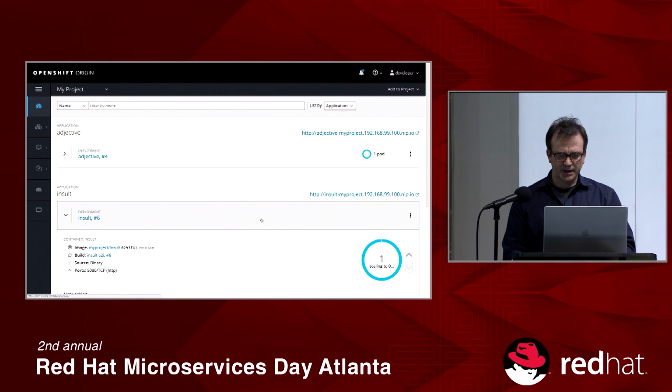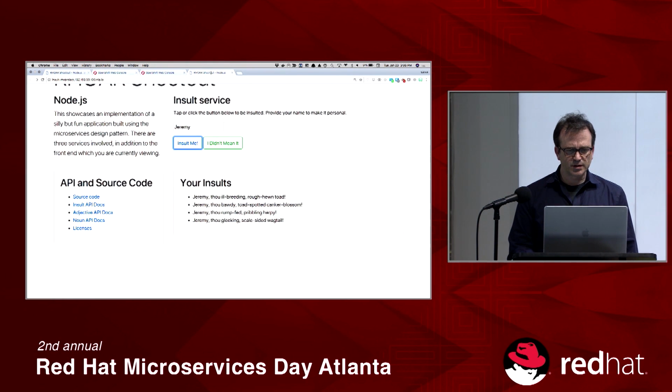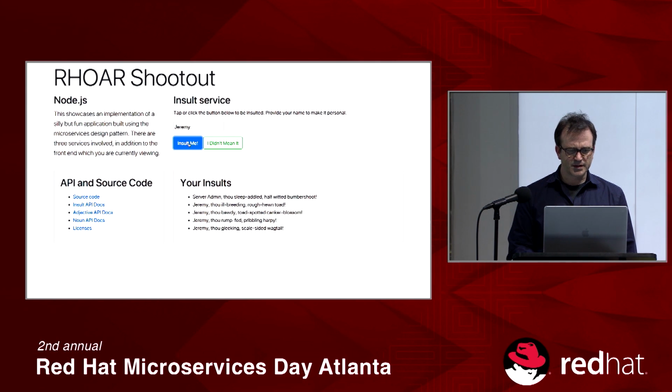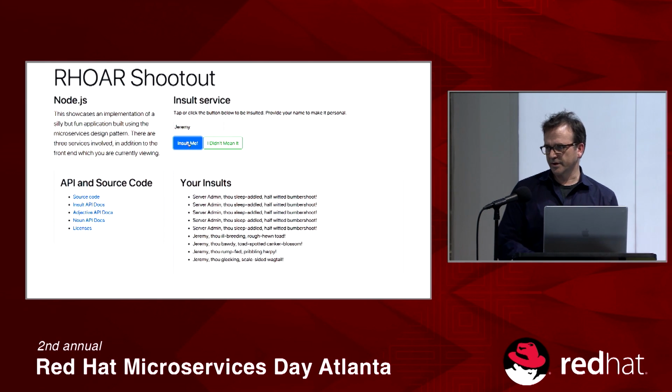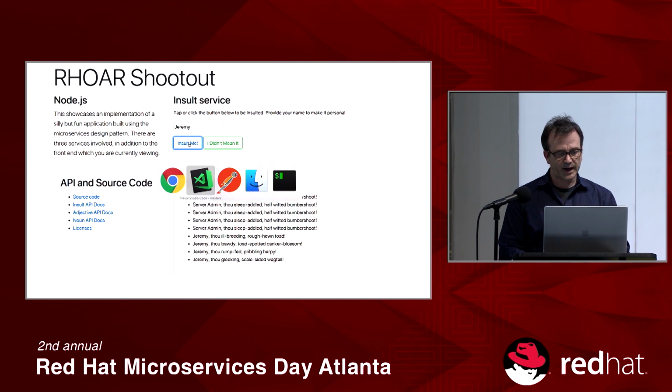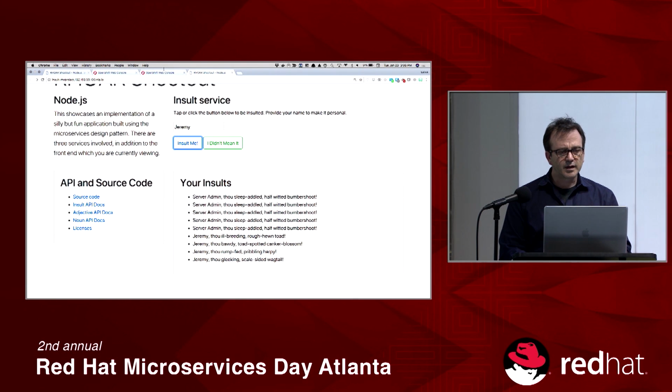It doesn't want me to scale it down because there's no more pods being served. But my web page should still work fine. If I click insult me, now it's just insulting the server administrator because he or she has slacked off and brought the service down. So we have a circuit breaking on the front end as well. And if we bring that back up,